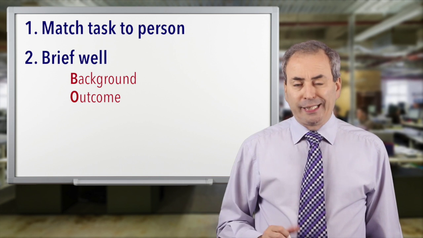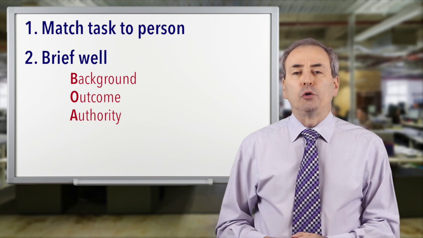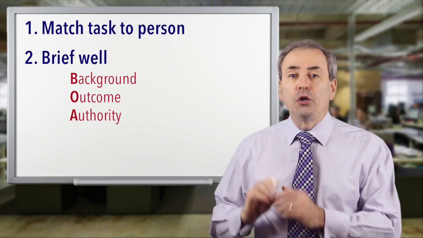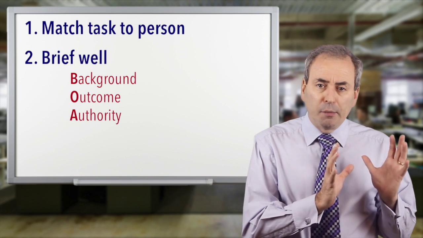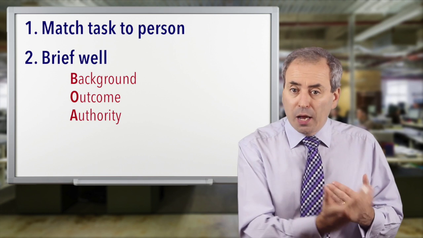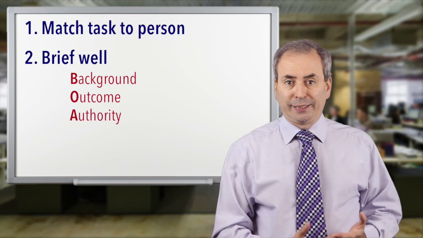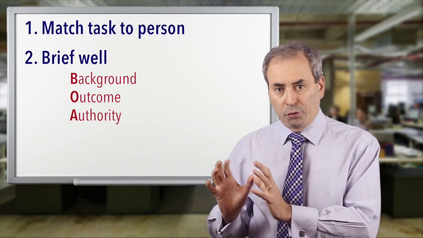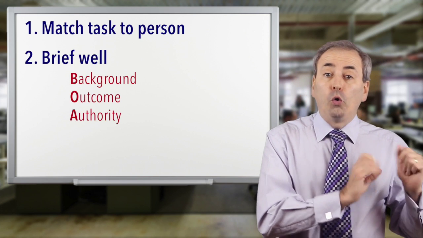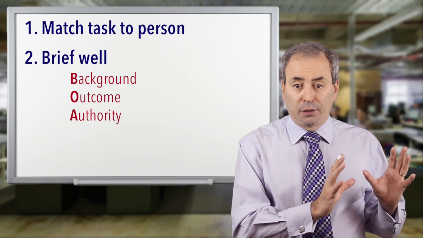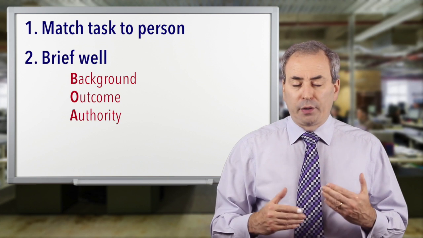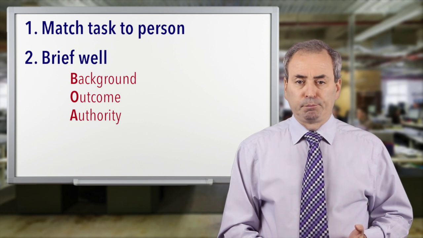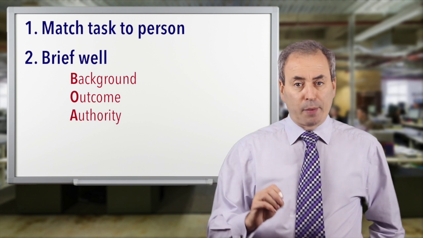You also need to be absolutely clear what authority you're giving them, because this is part of your risk management. Are you giving them complete and utter authority to do whatever it takes in your name? Or are you just giving them the minimum amount of authority to do some thinking, always coming back and checking with you before actually taking any steps? Somewhere on that spectrum, from total release of your authority to them to holding back all but the slightest bit of freedom, will make sure that if you get that right, you're managing the risks so they don't make inappropriate mistakes. And the final essential is to always be clear about what the timescales are.